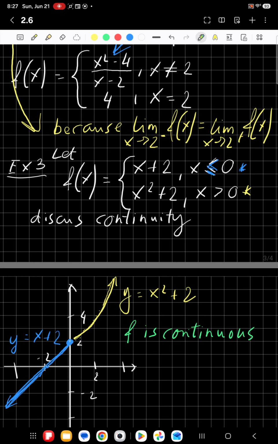And then the same thing with that x squared plus 2. Right? The function is continuous everywhere. So the only point of discontinuity that may happen, that may exist, is that 0. Right? Because they may simply, right, not be connected. Right? If we take, for example, let's take